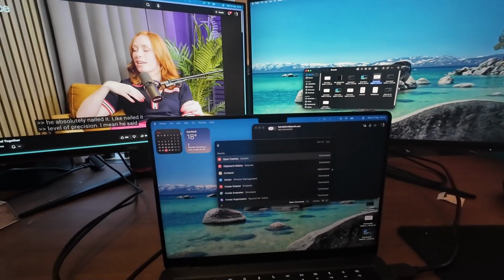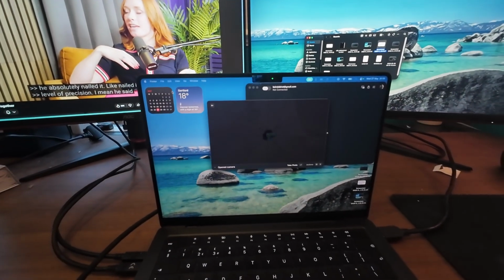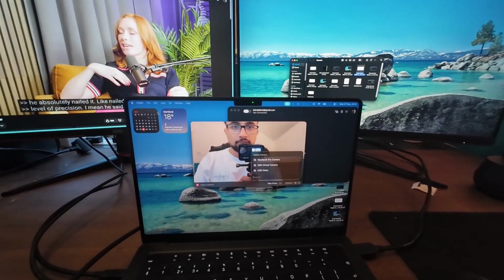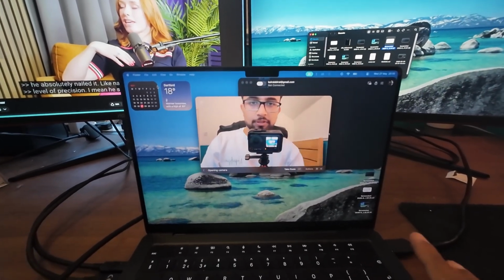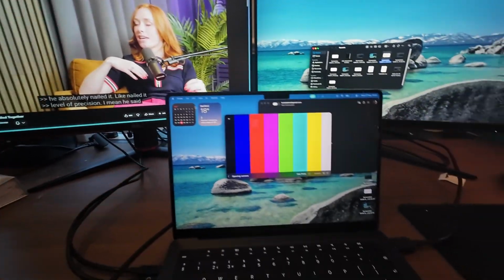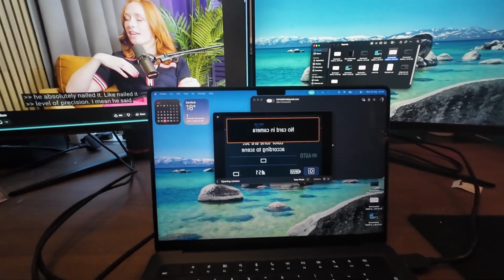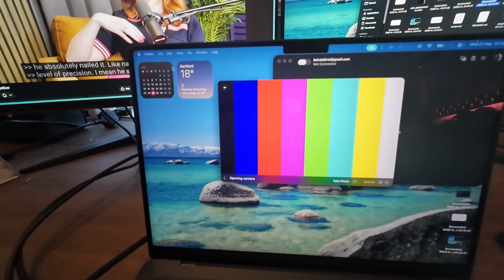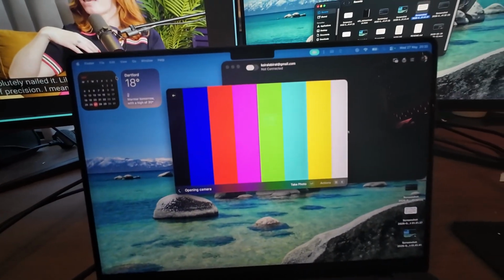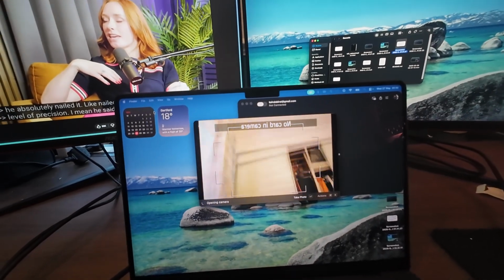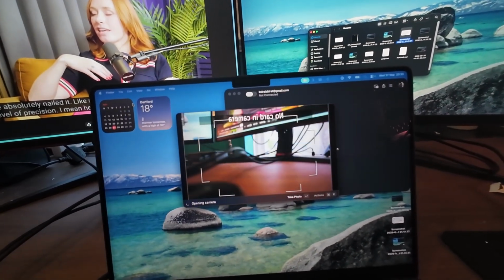So now if we search for camera and then we do a little Command Shift S magic, we see a little USB video there. But what we actually see when we turn on the camera is something that I didn't expect. We see the camera screen. So you can actually see the camera screen, but unfortunately